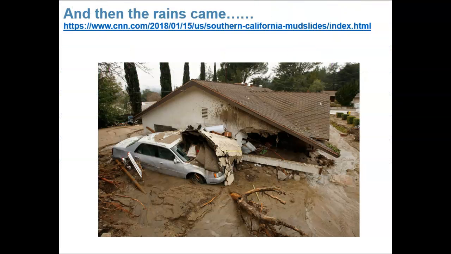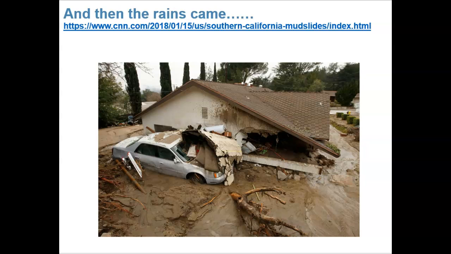Then the rains came, and this particular house and neighborhood had not been burned, but the slope above it, the mountain above it, had totally been burned. All of that soil and mountain and rock and debris came flowing down in these huge mudslides. Again, please watch the short video clip about the mudslides.